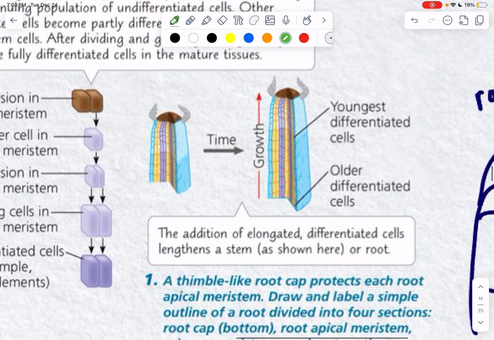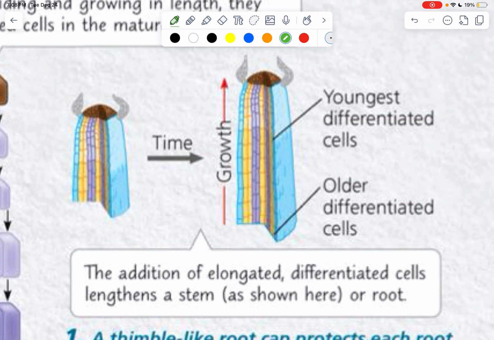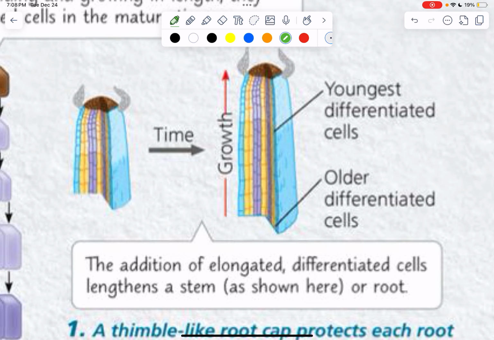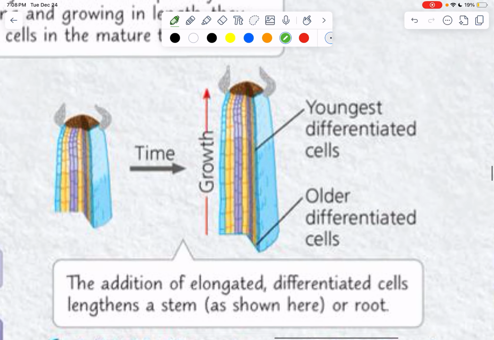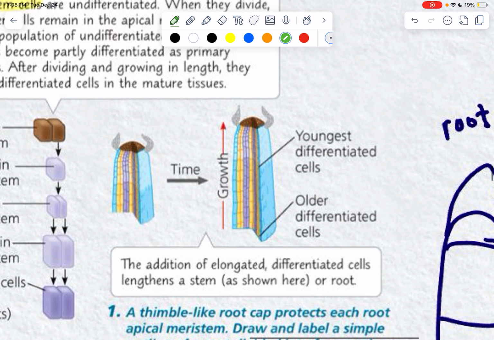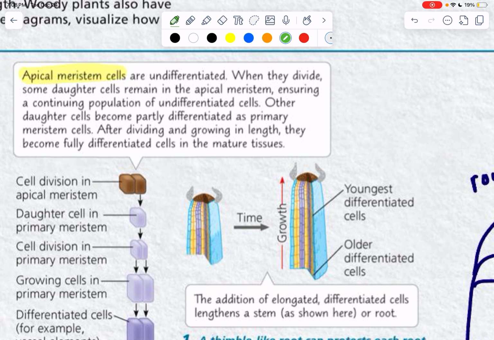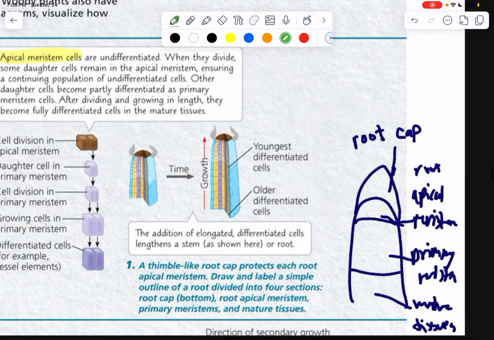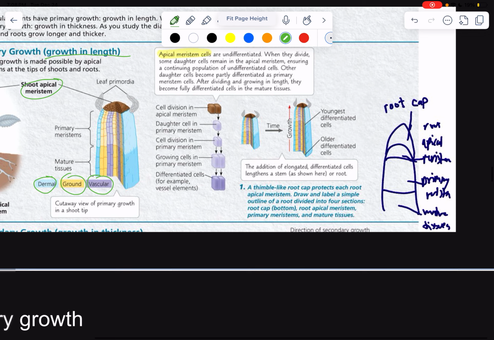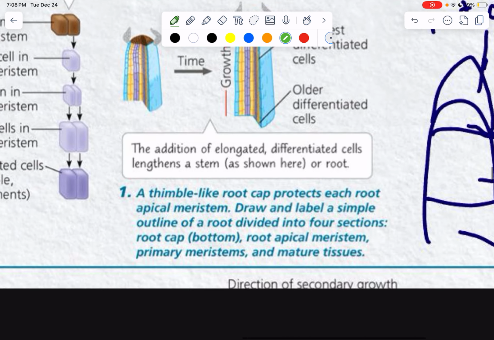Now, as time goes, their growth will go up, and they'll continue. The cycle will continue. The apical meristem will continue to have some cells remain there undifferentiated, to keep the cycle going, keep growing. As you can see here,